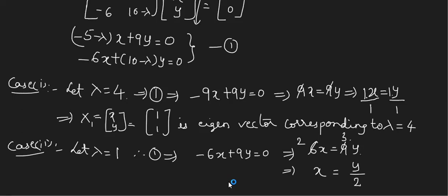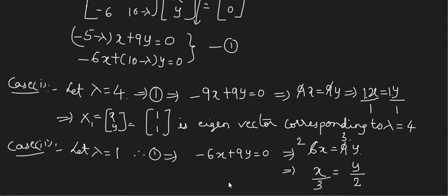Similarly, I want the coefficient of y should be 1. So what is extra here? You have it as 3, isn't it? 3. So this 3 should be shifted on the other side. Where it will come? Denominator. X by 3. Divided by 3. So now tell me the value of x.